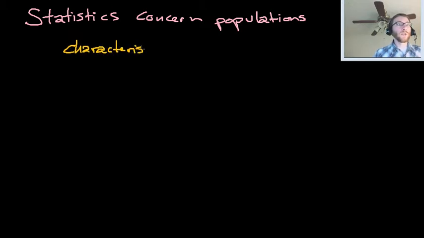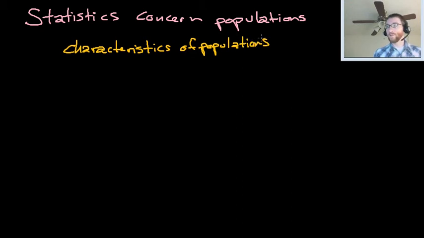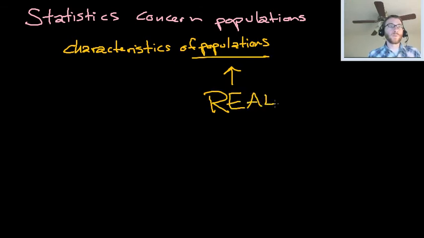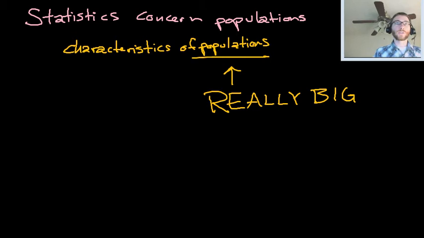The way we do this is we use samples, right? So we can't look at populations. We'll talk a little bit more about what populations are in a moment, but the key thing to think about populations is that they're really big, right? The wide world out there is the population, and we can't see a population. It's just not possible. It's too large for us to wrap our heads around.